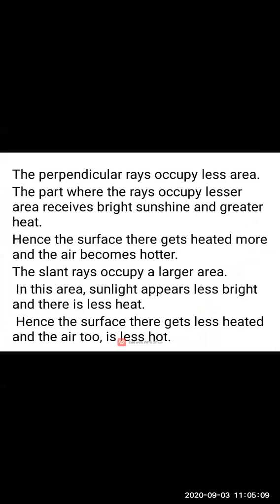The slant rays occupy a larger area. So what happens in this area? The sunlight appears less bright and there is less heat. The surface there gets less heated and the air too is less hot.